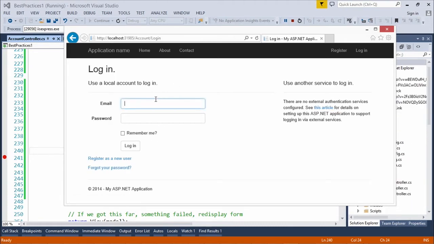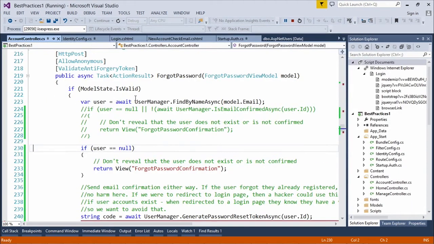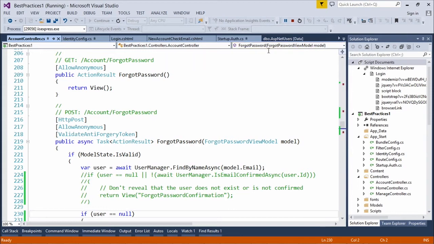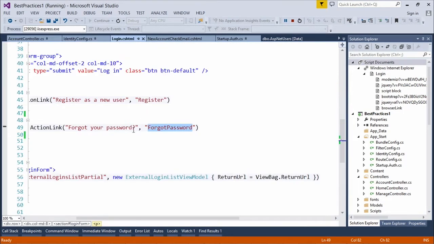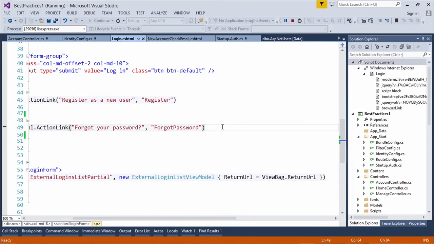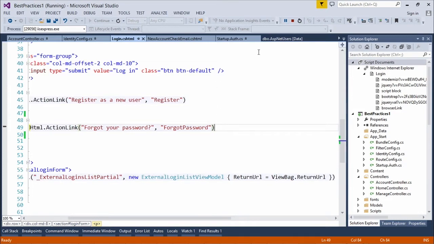Very easy. That's all we did. So let's walk through that again. In our login view, we simply uncommented forgot your password. And then in our forgot password